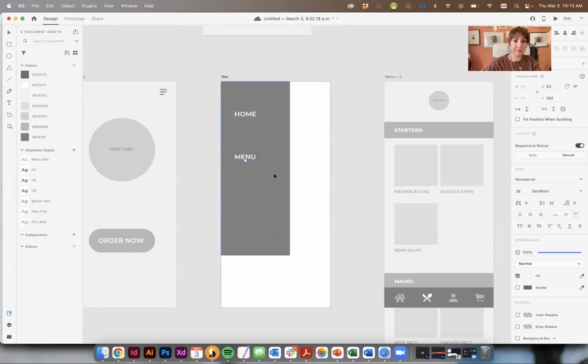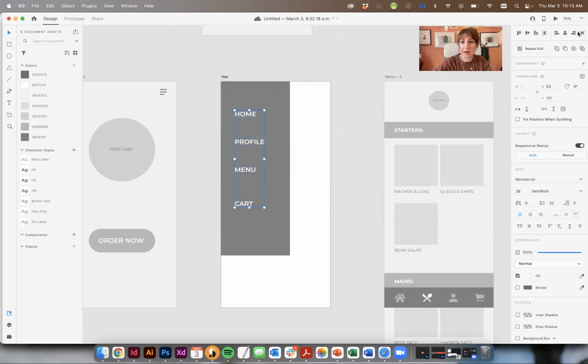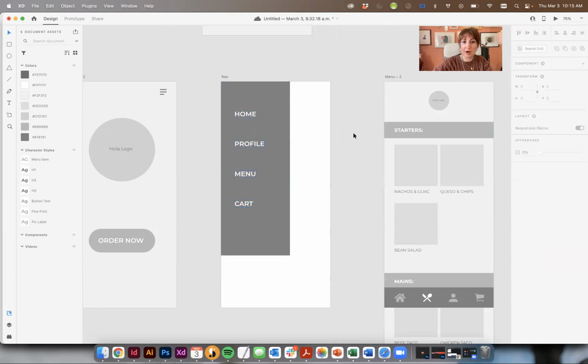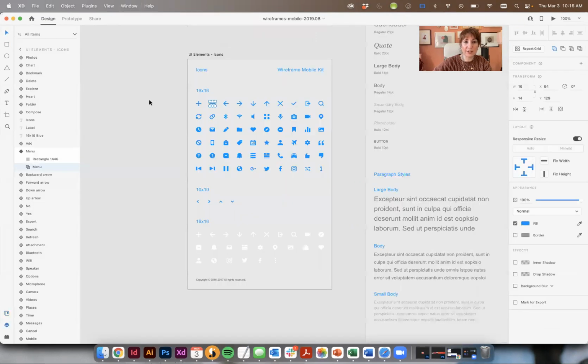Menu. Account, or maybe profile. And cart. So now I can kind of gauge where I want this to actually be, or the spacing. What do I think? Do I want this to be left aligned, etc.? So we can decide now how we want that to be. We could potentially go over to,